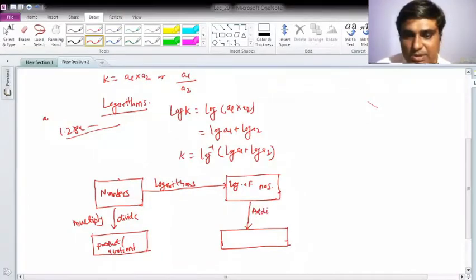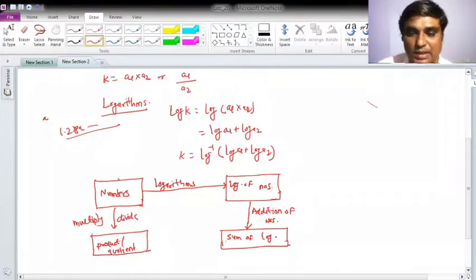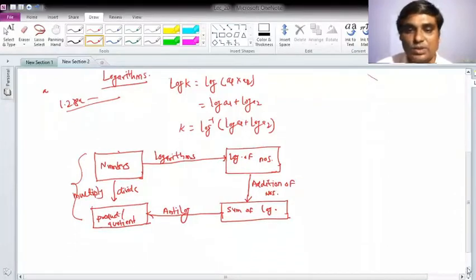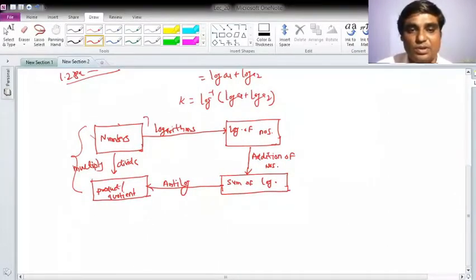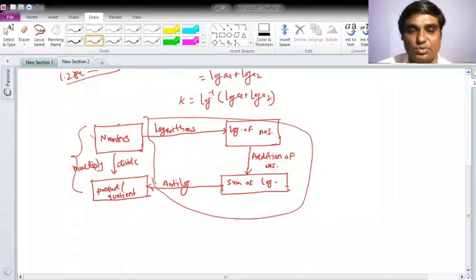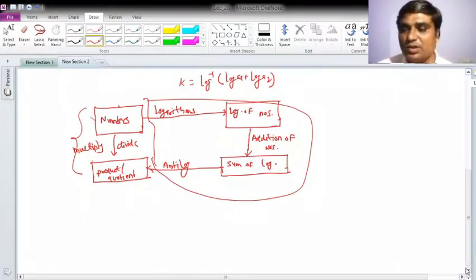It will be the addition of numbers. Okay, and then what is to be done? I will do the sum of logarithms and I'll get the sum of the logarithms, but basically what I want is the actual product or quotient. So what I will do here is take the anti-log, so that I'll get the same answer which has been obtained from this, right? What is the advantage? Your computations will become simpler here. So this way you can solve some of your issues, right?